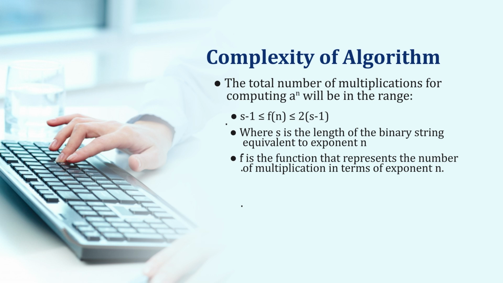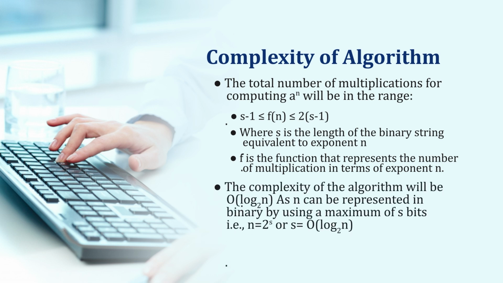So f is the function that represents the number of multiplications in terms of the exponent, and for the complexity of the algorithm, since s is the binary representation of the exponent value n, it is going to be of the order log 2 n, and n can be represented in binary using a maximum of s bits only, right? So that is how we represent it: n equals 2 to the power s, or s becomes order log 2 n. So this is the complexity of the algorithm. However,